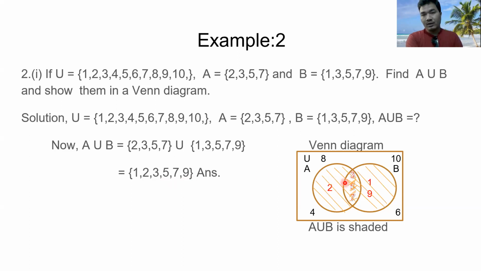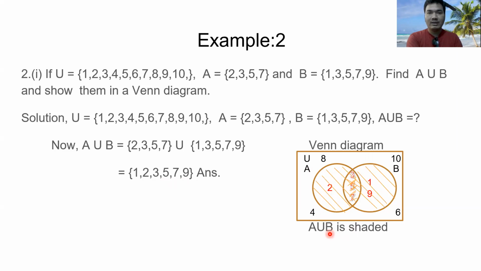Right here, first of all, draw set A and set B. And here you put 3, 5, 7. 3, 5, 7 is common in both. And in A, 2 is left only. And with 3, 5, 7 gone, then 1, 9 left here in B. And when 1, 2, 3, 5, 7, 9 are gone, what is left? 4, 6, 8, 10 left, then write them outside. And this shaded part shows A union B. You can write this below the figure.